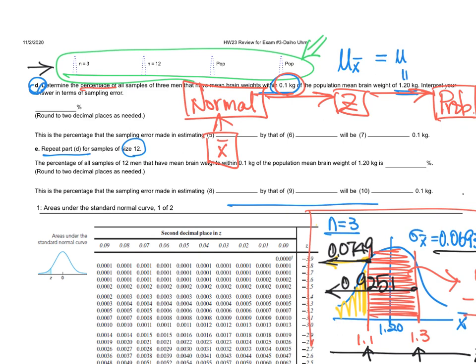It is part D. The question was to determine the percentage within 0.1 kilograms of the population mean 1.2. For the mean, yeah, that is the key point: we are using the distribution of the sample mean, the mean brain weight, right? Yeah. So now I can say it is 80